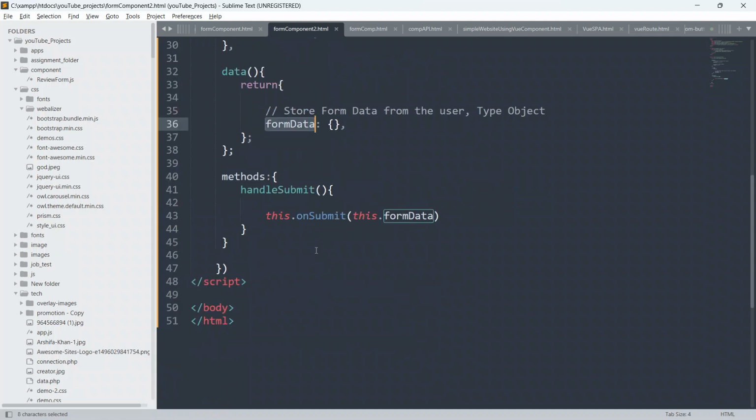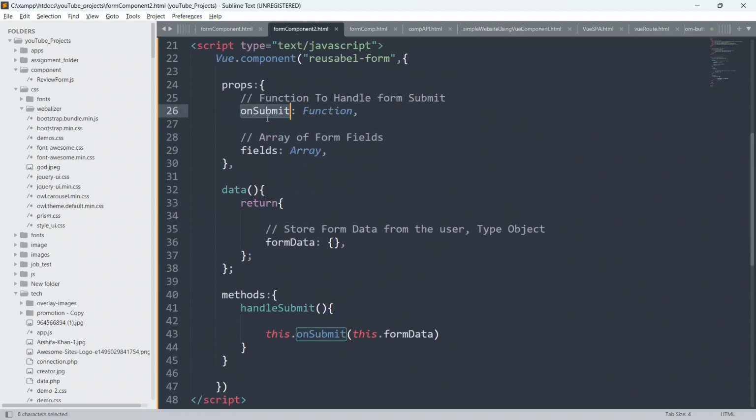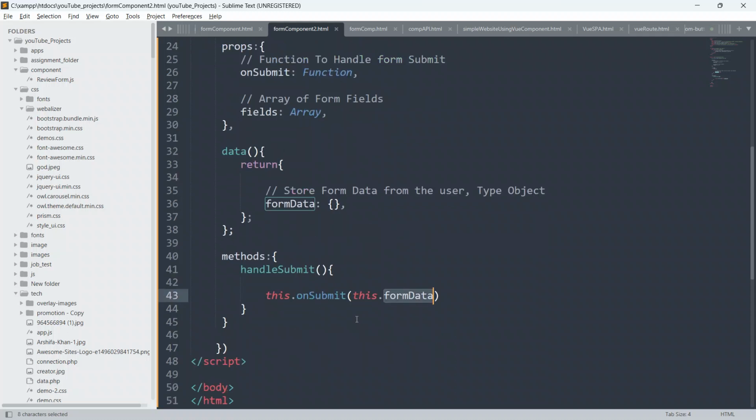Okay, so guys, here I have defined a method called handleSubmit, and inside this we are saying this dot onSubmit, and we will pass a parameter, this formData. So whenever a user is going to submit the form, whatever user will enter into the input field, we will be able to get it inside this formData object, and we will be able to do whatever we want to do with the form data. We can show the user, we can store it inside the database also. Whatever we would like to do with the form data, we can do.